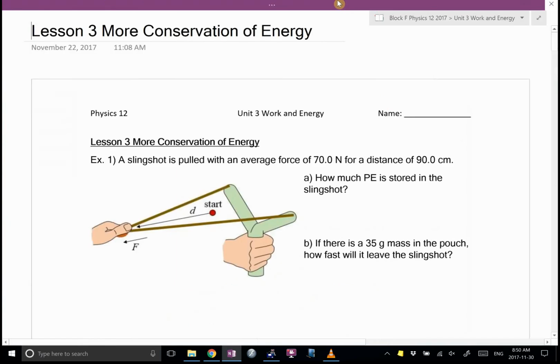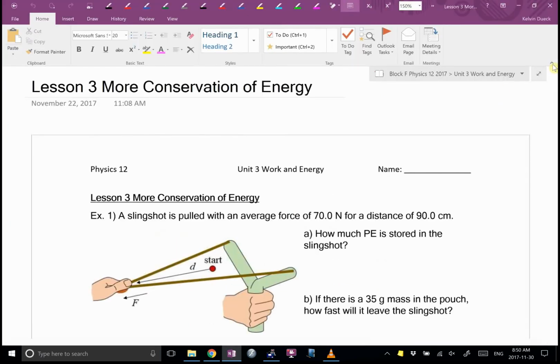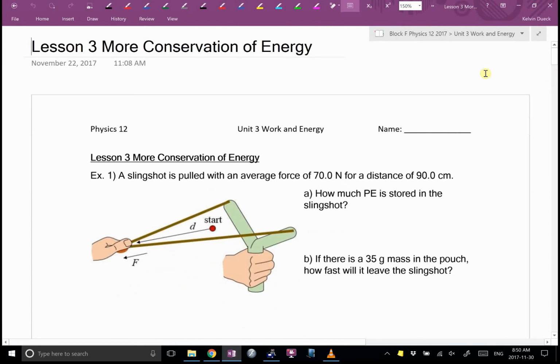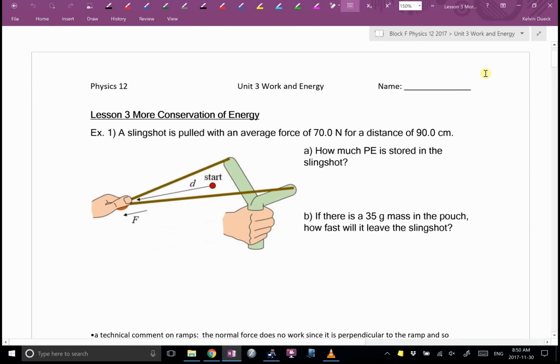G. Slingshots. Bow and arrow. Anything where you pull something to store energy in there. The slingshot is pulled with an average force of 70 newtons for a distance of 90 centimeters. How much potential energy is stored in the slingshot? Now, potential energy